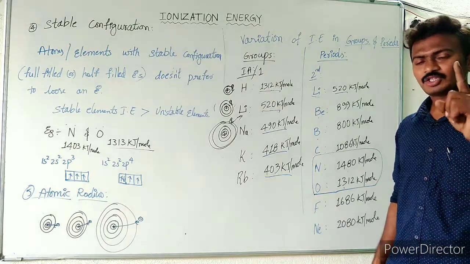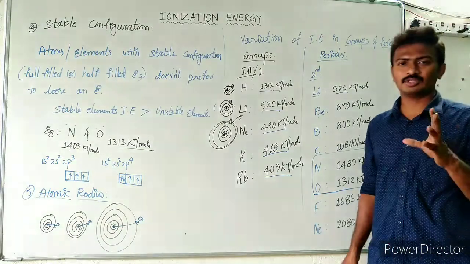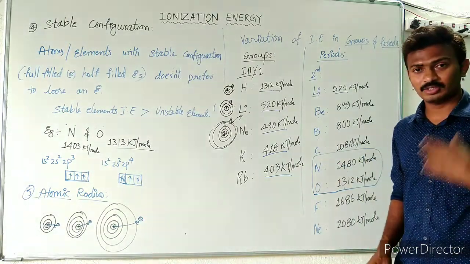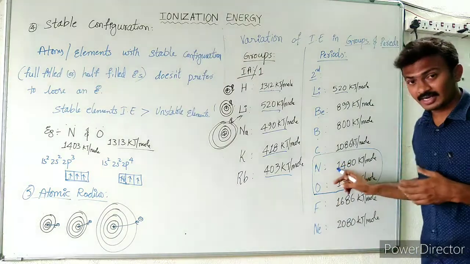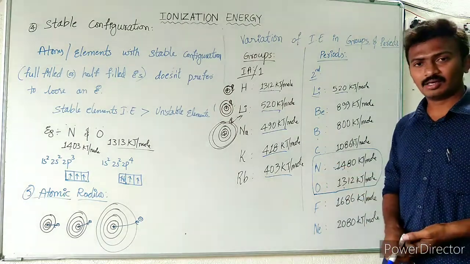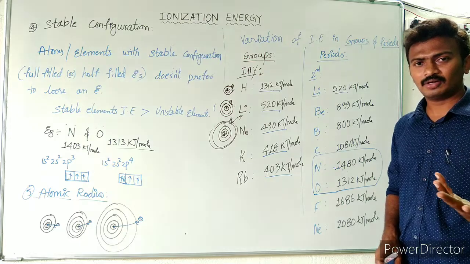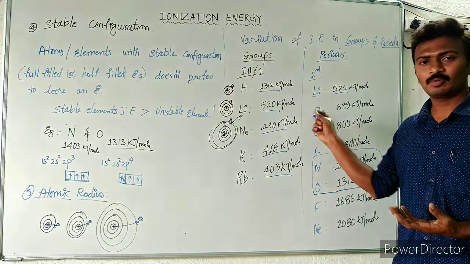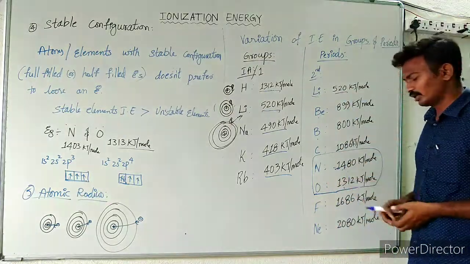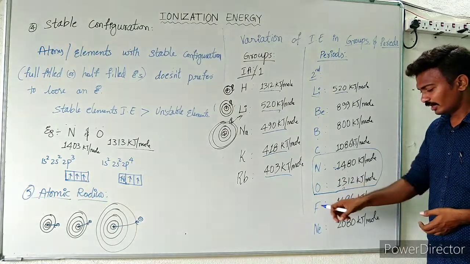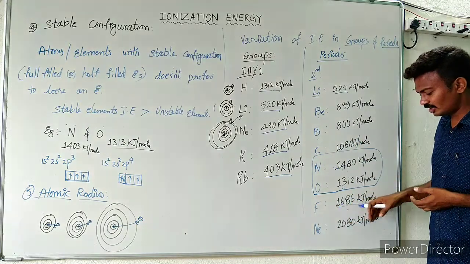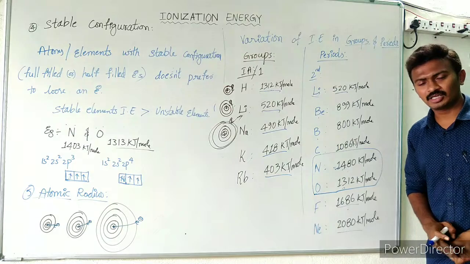But what is the factor here? Stable electronic configuration of nitrogen. Nitrogen is having half-filled stable configuration. So removal of electron from nitrogen will require more energy. So therefore, this is having greater ionization energy than the usual. Actually, this should have around 1200 kilojoules. But here, due to the stable electronic configuration of nitrogen, that is half-filled stable configuration, the removal of electron will be very difficult. So the ionization energy has actually jumped to 1400. Oxygen is 1312 and fluorine is as usual. Here there is a clear increase in the trend, 1680, and neon is 2080 kilojoules per mole.